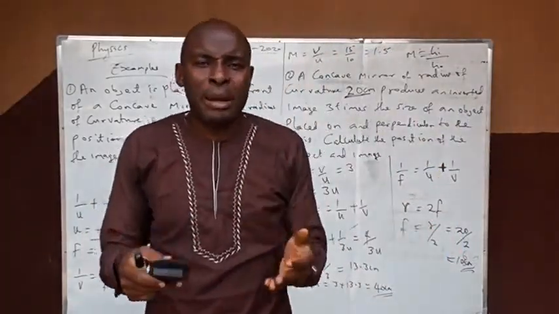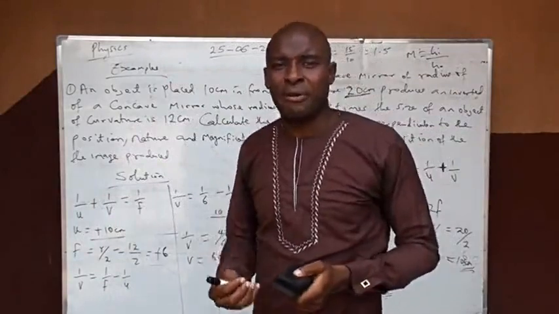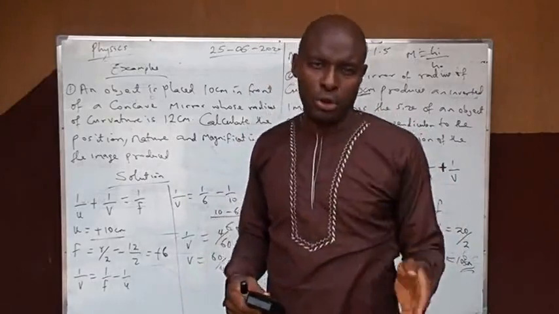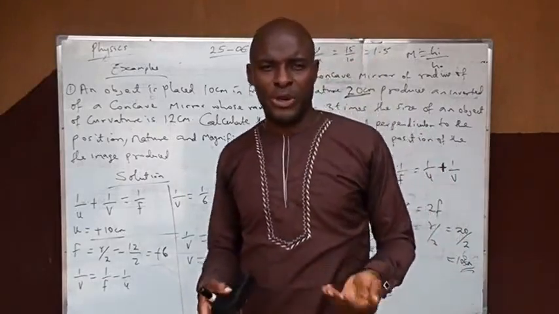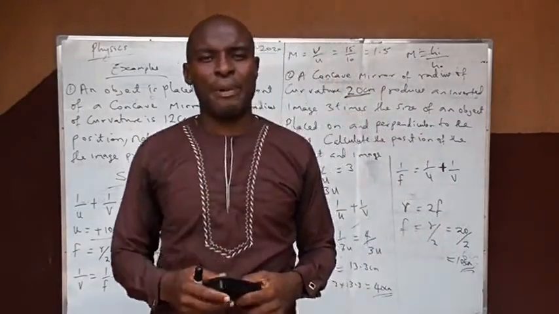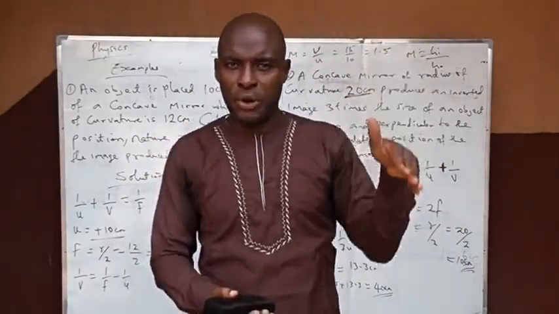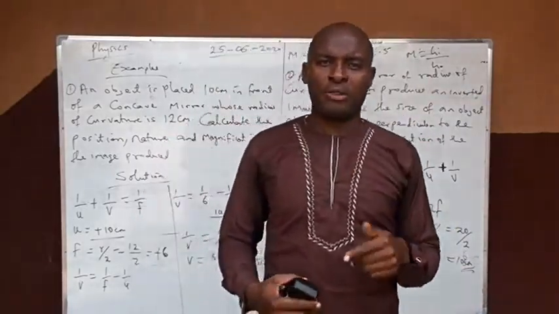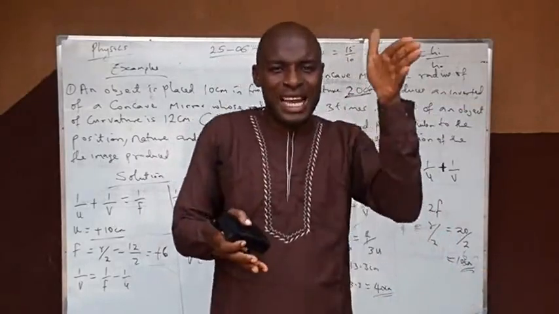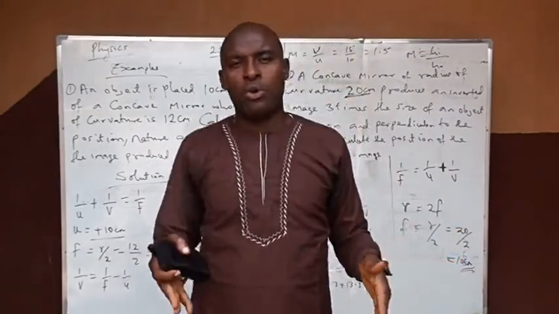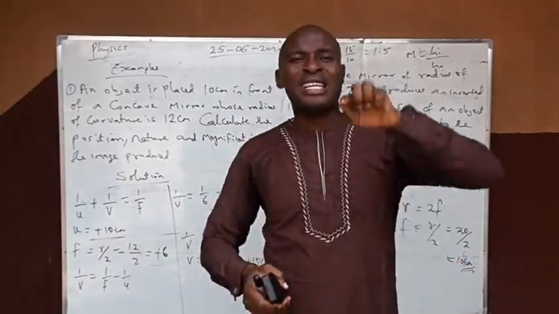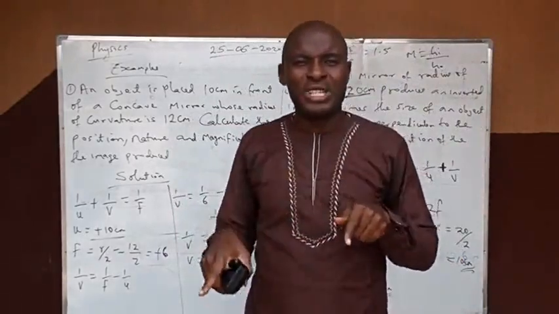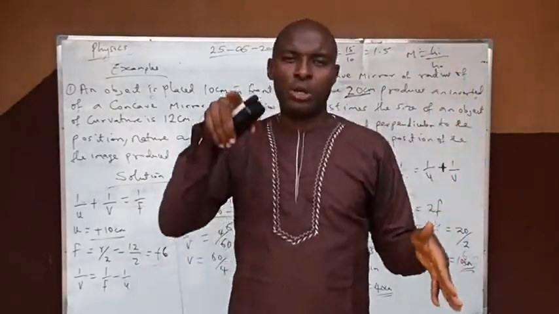We have also talked about using illustrations or graphs to show the different locations and positions of images formed by a curved mirror, which you have been able to know. We have defined the various terms in a mirror, which include aperture, which is the width AB of the mirror. We have talked about the pole, which is the center of the reflecting surface of the curved mirror. We have talked about the focal length, which is the distance between the principal focus and the pole. We have talked about the center of curvature, which is the center of the sphere of which the mirror is a part. We have talked about the radius of curvature, which is the distance between the center of curvature and the pole of the mirror.